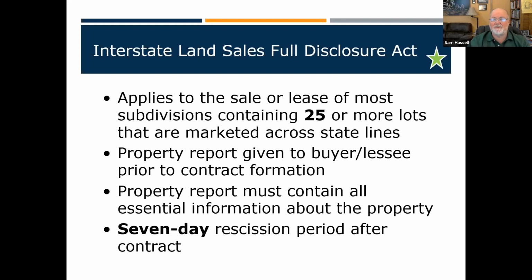So all the essential information about that property, we'll get to on the next page. Once I get that, I have a 7-day rescission period after a contract. So let's say I bought it. And then what this does,